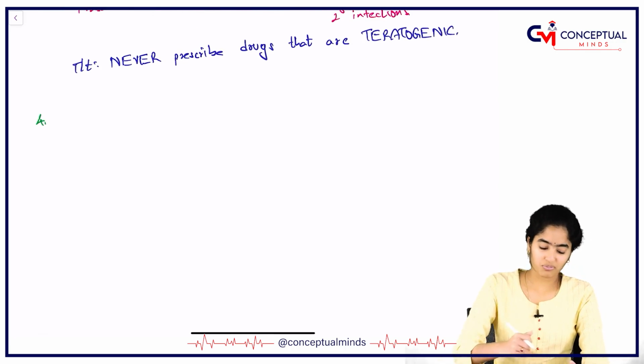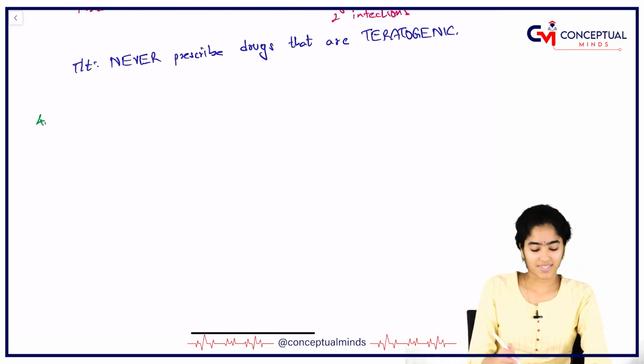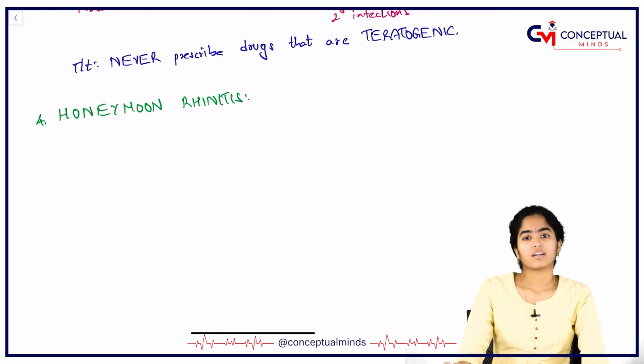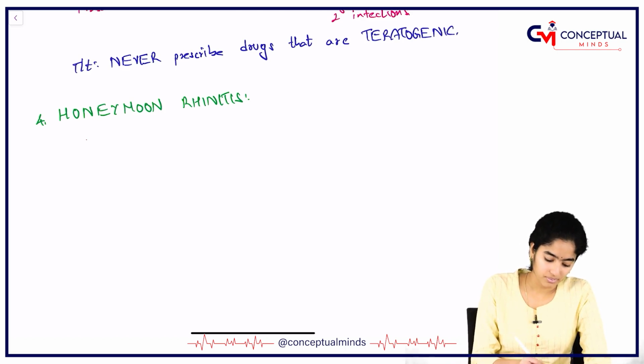Actually, I should have taught this before rhinitis of pregnancy, but okay, anyways. We have a condition called honeymoon rhinitis. What is honeymoon rhinitis? Nasal stuffiness occurs following sexual excitement. In certain people that can happen. The nose can get stuffy and even rhinorrhea can occur before, during and after sexual intercourse. So that is honeymoon rhinitis. Nasal stuffiness